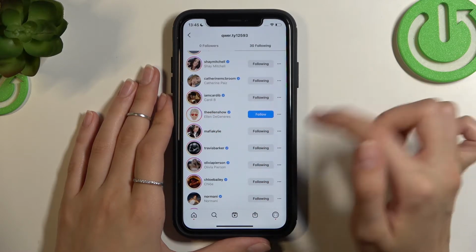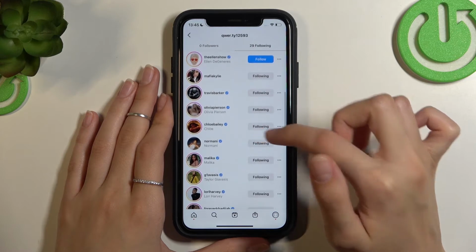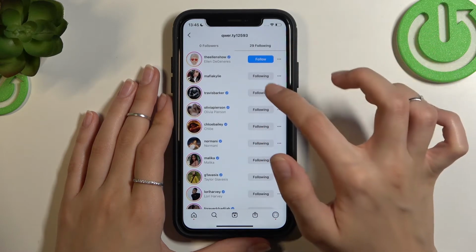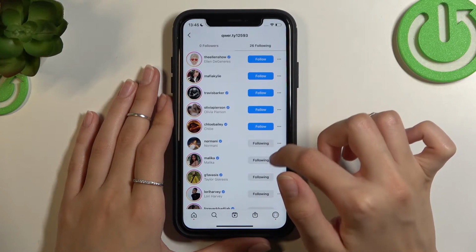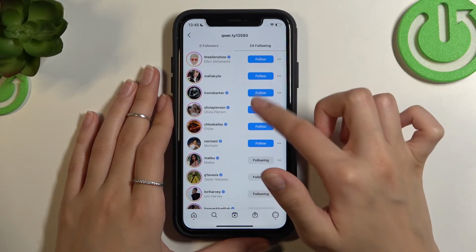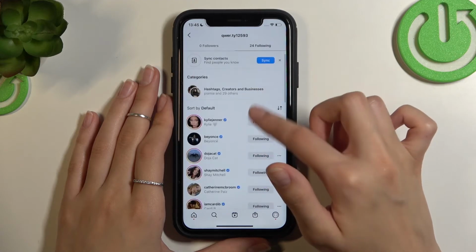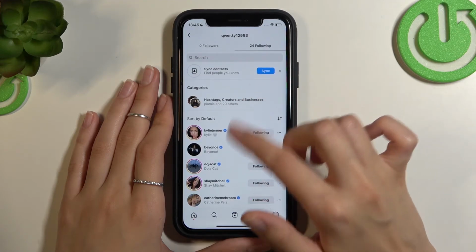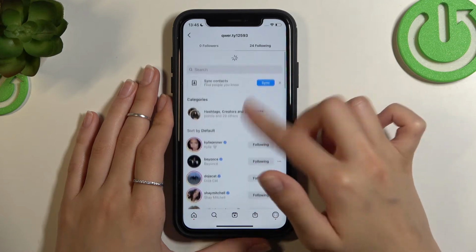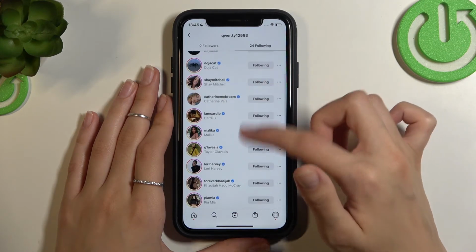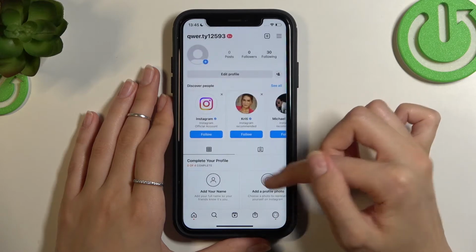Let's do it. As I said before, in this way we can manage our list and choose a lot of different accounts to unfollow, unsubscribe, which is really very convenient, but unfortunately we don't have this specific option to disable the followings from everyone. Okay, so it was the first option, how to unfollow, and the next one is when